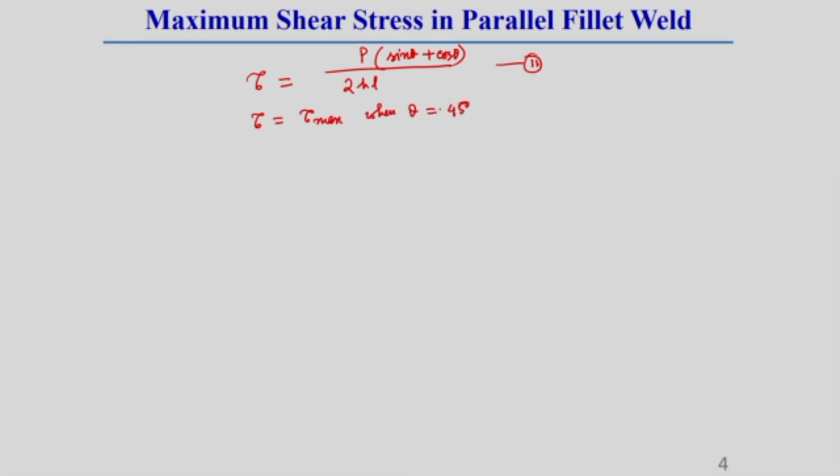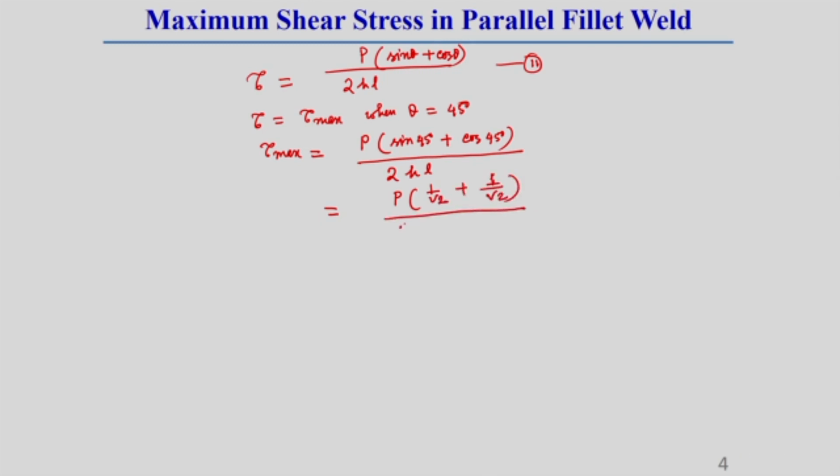Putting theta equal to 45 degree in equation number 2, we get tau max equal to P into sin 45 degree plus cos 45 degree, divided by 2 into H into L. Now, sin 45 degree is 1 by root 2, and cos 45 degree is also 1 by root 2, divided by 2HL. So we can get